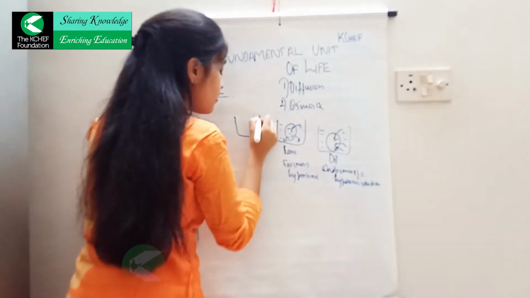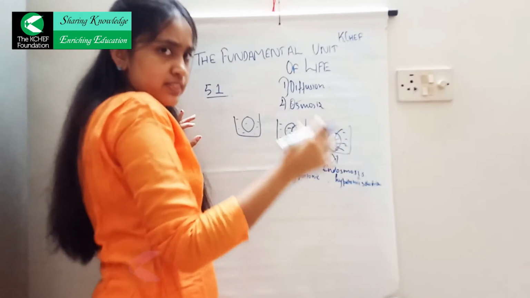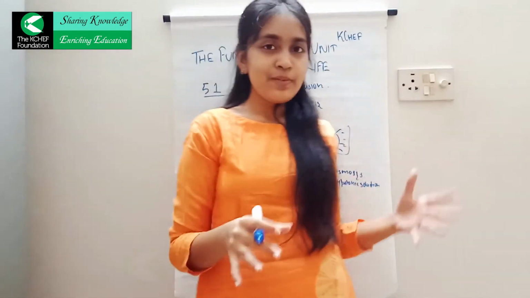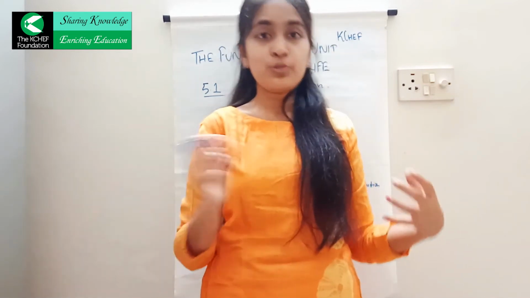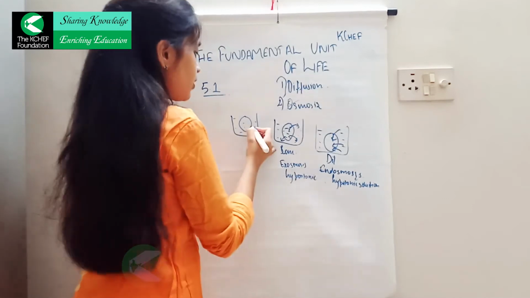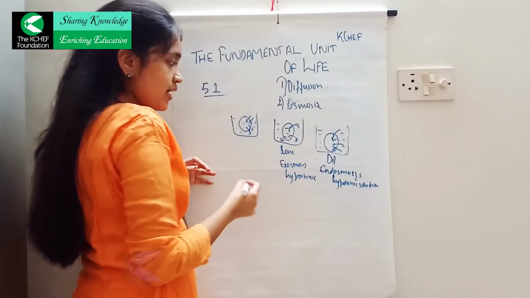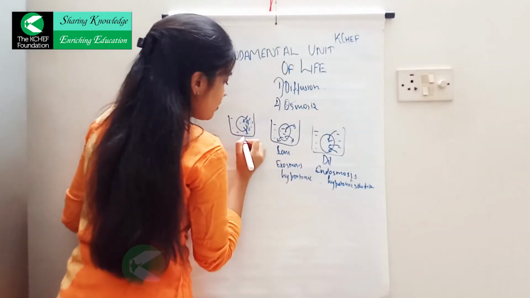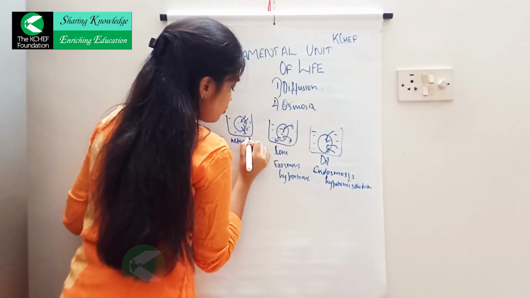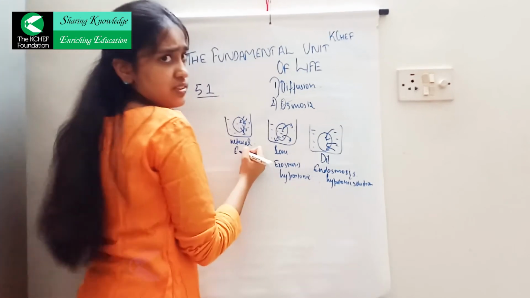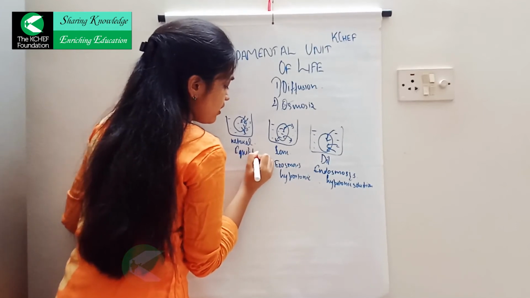And there is a third case where the amount of water inside and outside of the cell is almost the same. So there is no net movement of water molecules from in to out or out to in, because an equal number of water molecules move outside and inside at the same time. Such osmosis is called neutral osmosis, and cells in such a state are said to be in equilibrium.